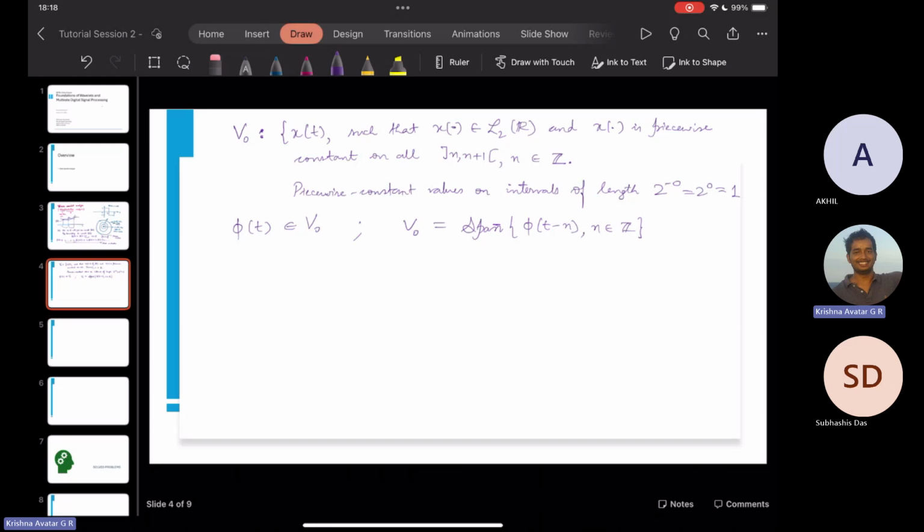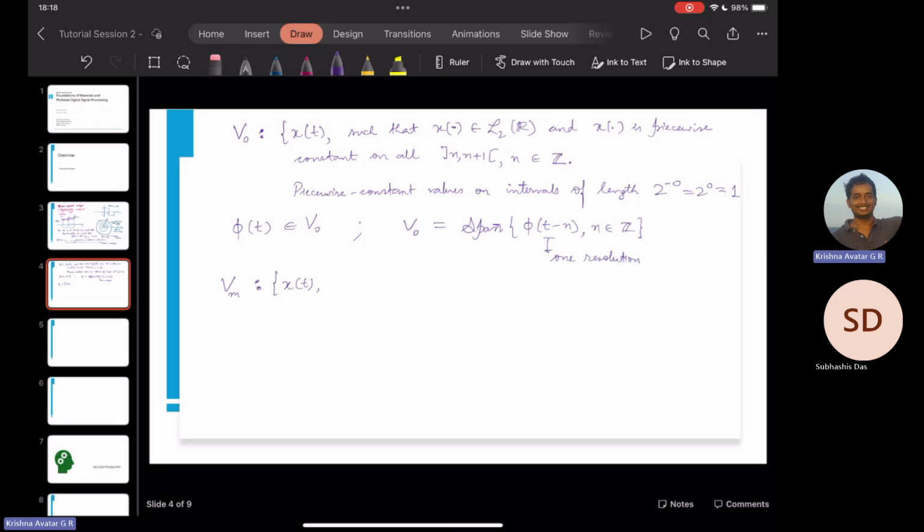Now what we had referred to indicates just one resolution. You will understand only when I generalize this space, the space V naught. So let's generalize the space. We call it V M. V M is a space of wavelets which contains all x of t such that x is a square integrable function,